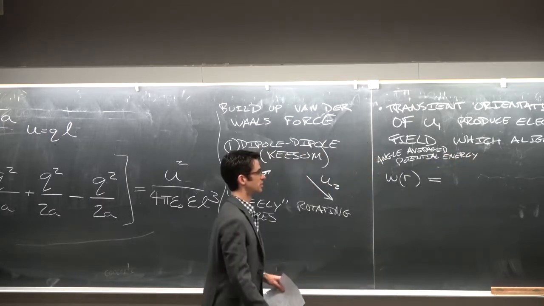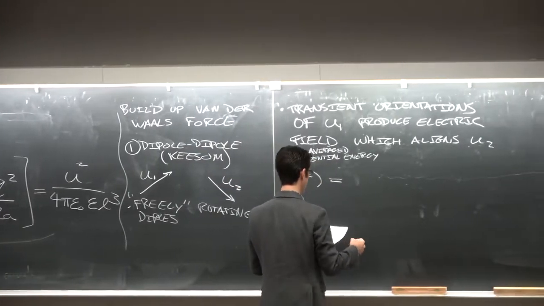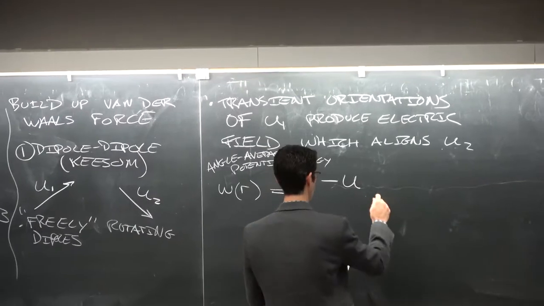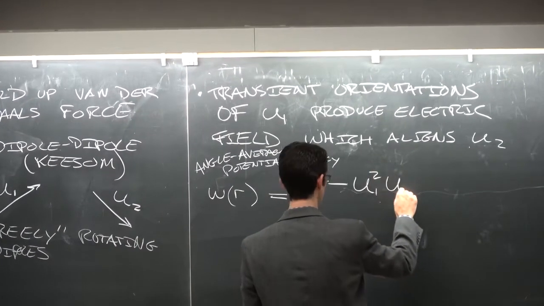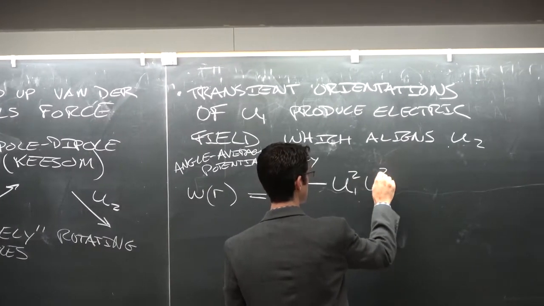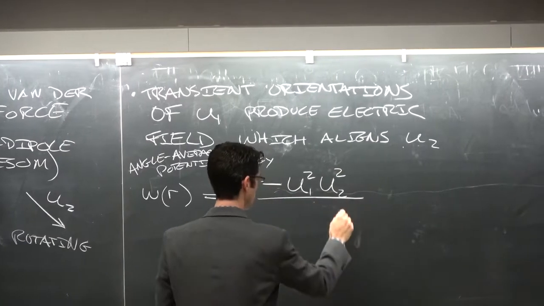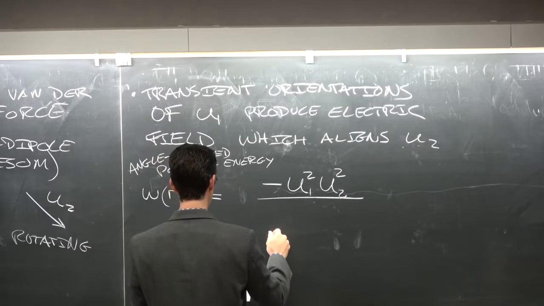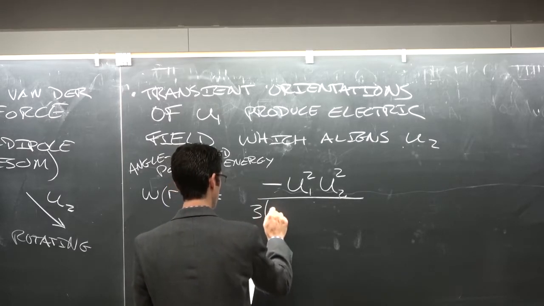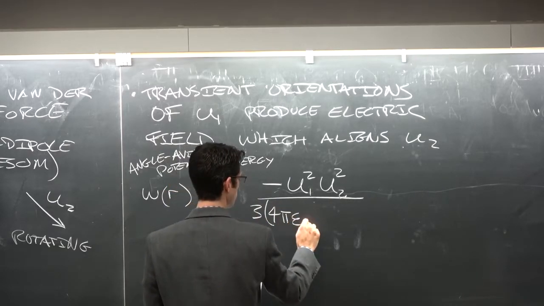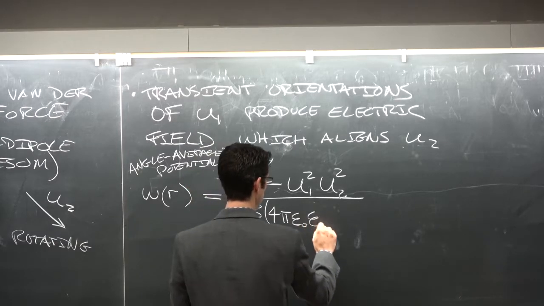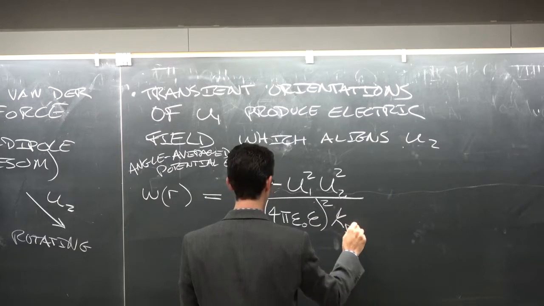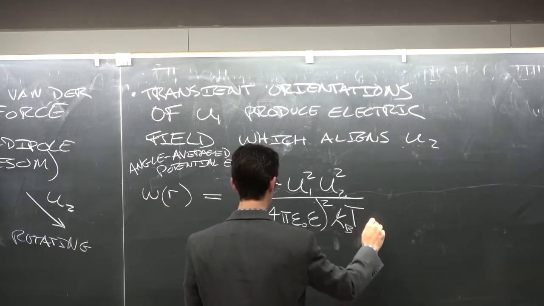The angle averaged potential energy of this interaction ends up being a form that looks a little bit like Coulomb's law, but we're talking about dipoles instead of individual charges. We have minus U1 squared U2 squared over 3 times (4 pi epsilon naught epsilon) squared times the Boltzmann constant times the temperature